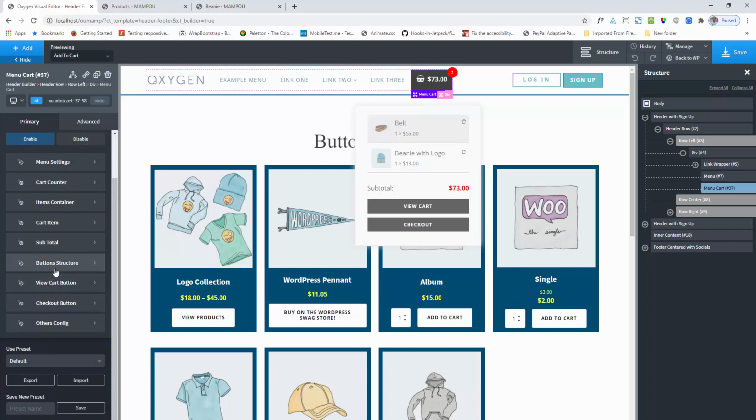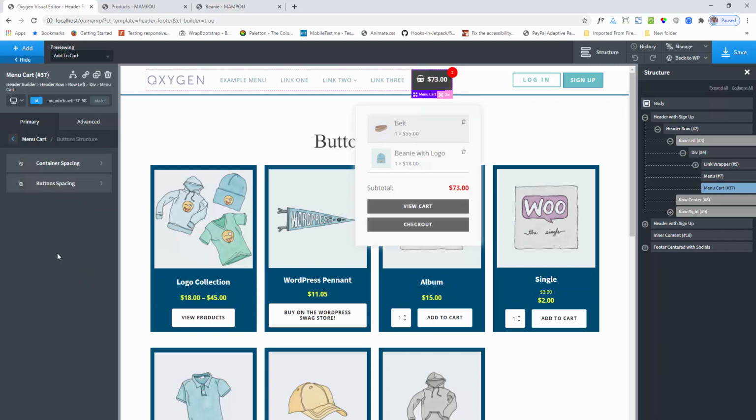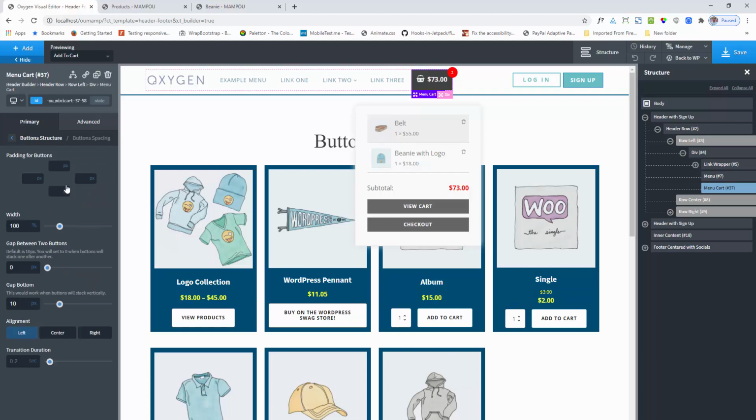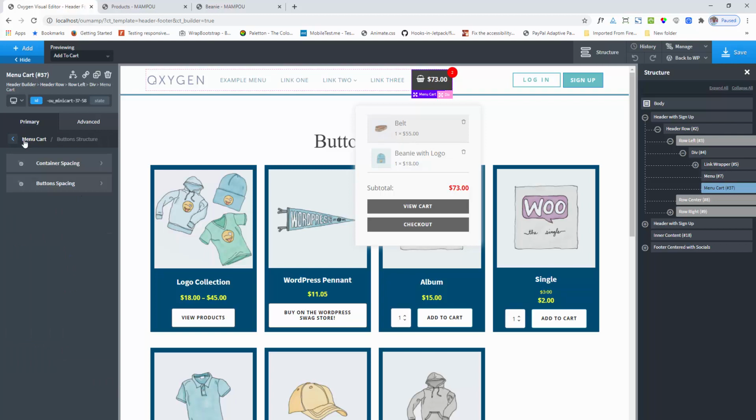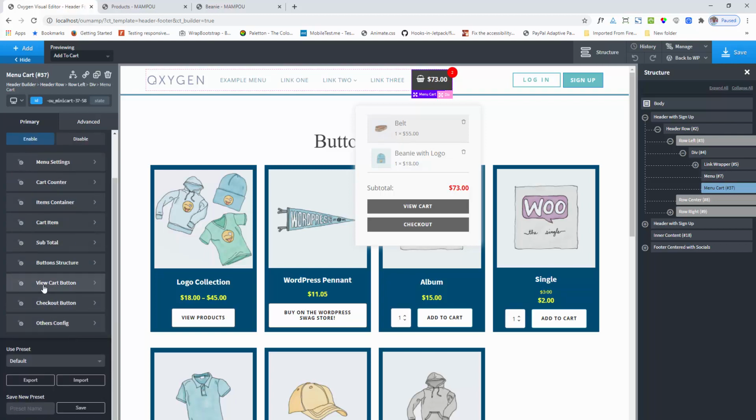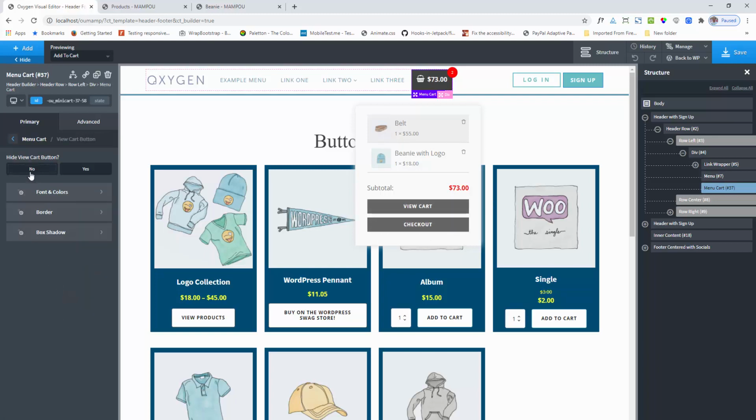Next option is button structure. Button structure means the overall configuration for these two buttons. So here it is the overall button config sections. For specific buttons there are the options, the view cart button and checkout button. So you can change the button color for specific buttons like view cart button, background color, or you can disable the button, so it will just show the checkout button.